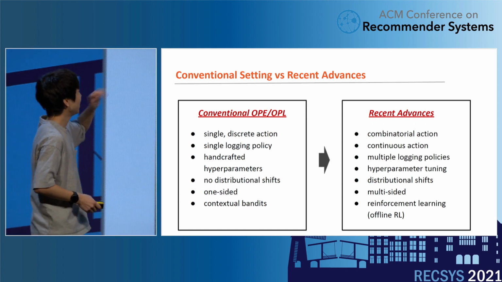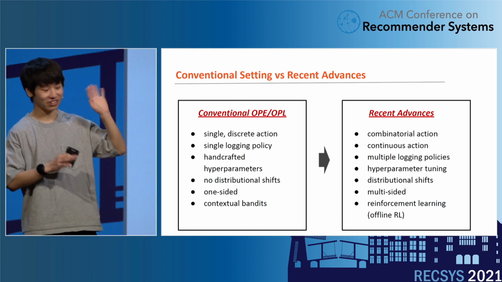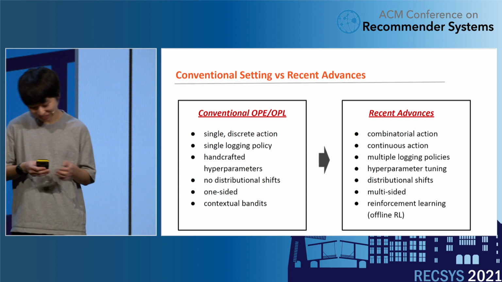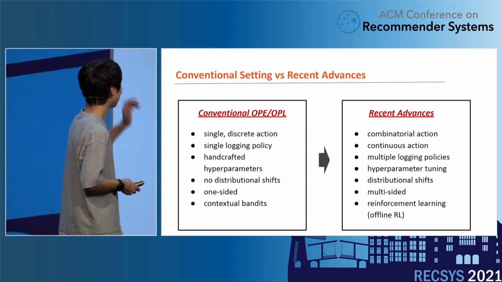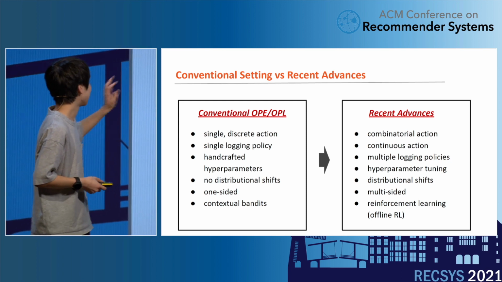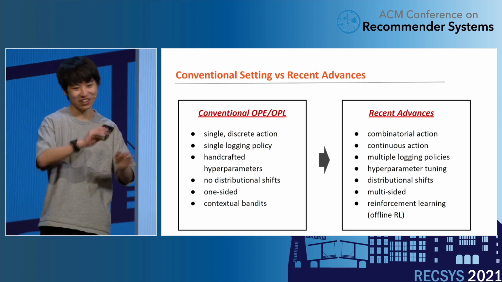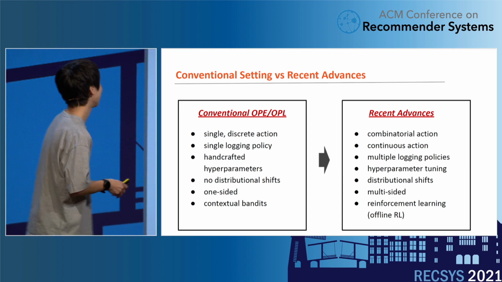So first of all, we've seen conventional offline evaluation and learning in the beginning of the tutorial, but there are lots of implicit, always neglected assumptions. For example, the action. There's only a single and discrete action in standard offline evaluation. There was only a single logging policy. And actually, I got a very interesting question during the coffee break about the multiple logging policy stuff. And also,